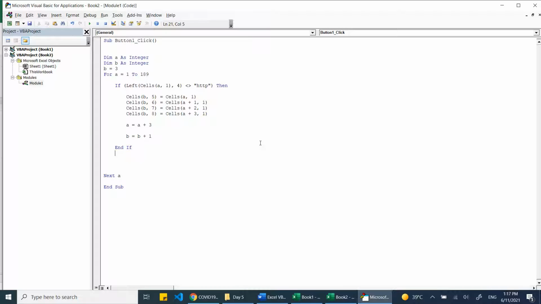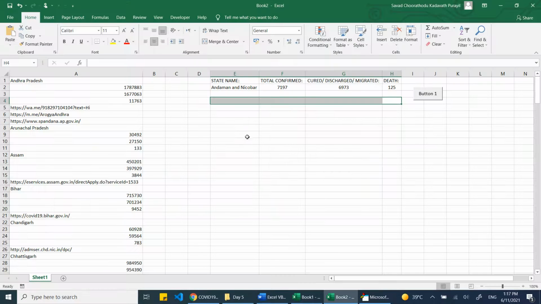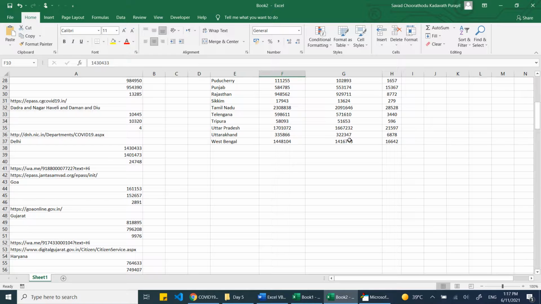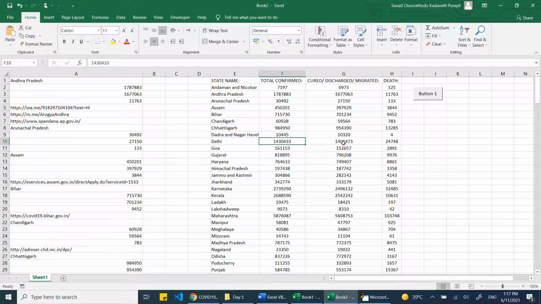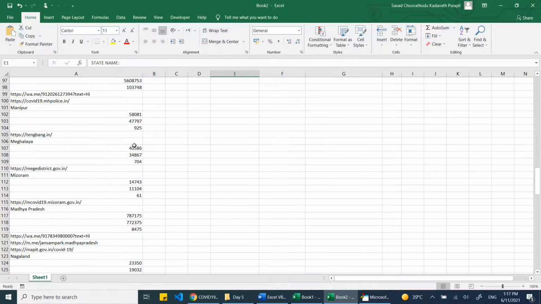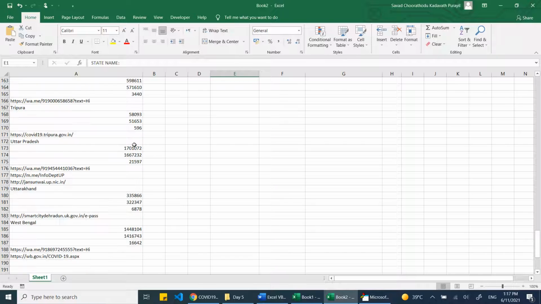I hope you understand. I'll clarify once again. Now let's see how it works. Once I click on the button, you can see all the data is copied within a second. Otherwise, imagine you have to copy all this data. Okay, it's state-wise data. Tomorrow you need